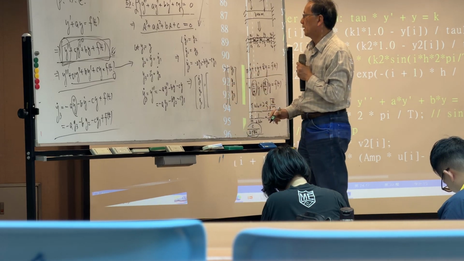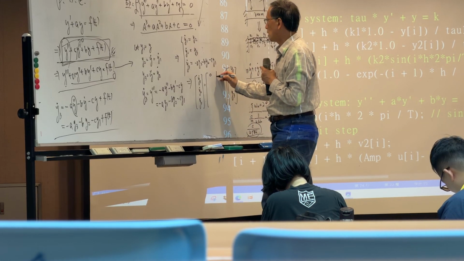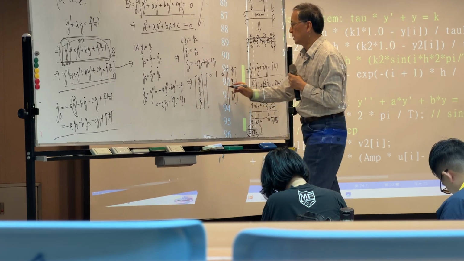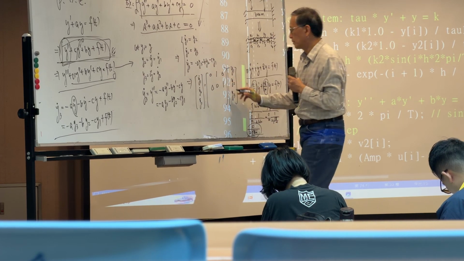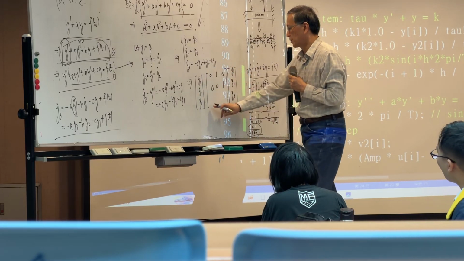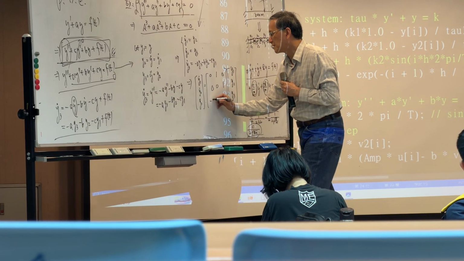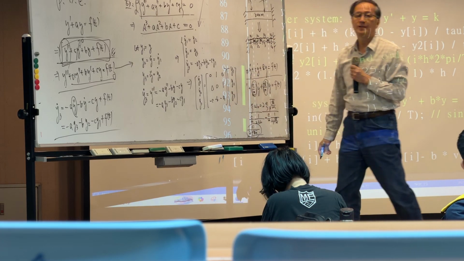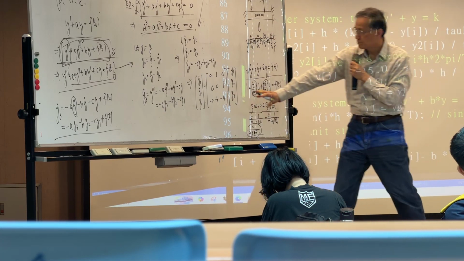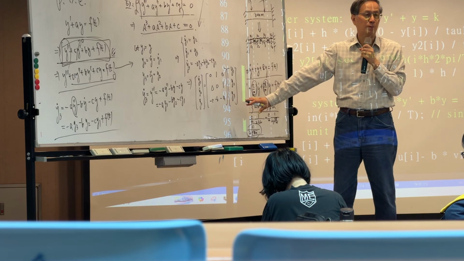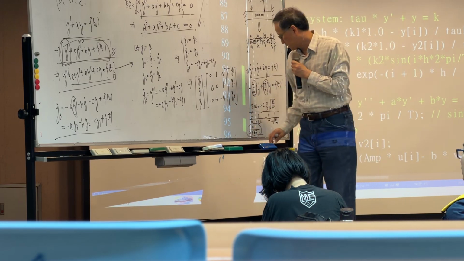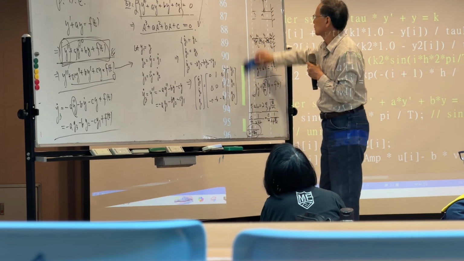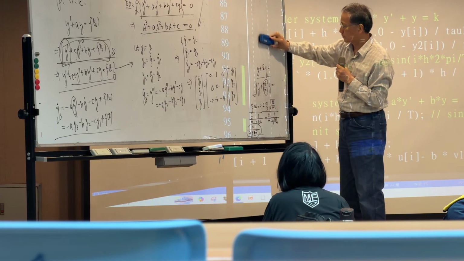And here is 0, 1, 0, because 0 is y2 here. And the second row is 0, 0, 1, right? That's y3 here. And the third row is minus c, minus b, minus a, right? So we put it into a matrix form, okay? So after putting it into a matrix form, very important,